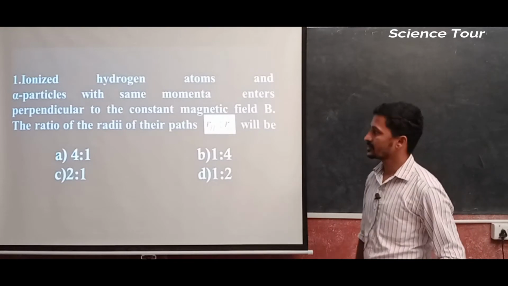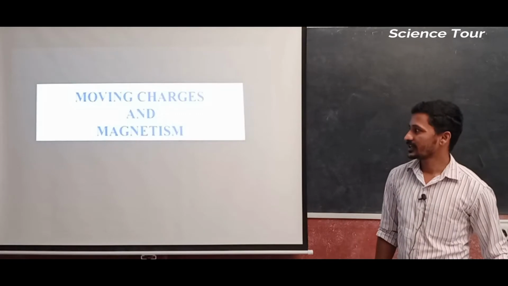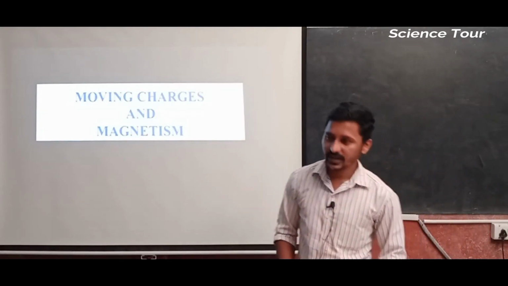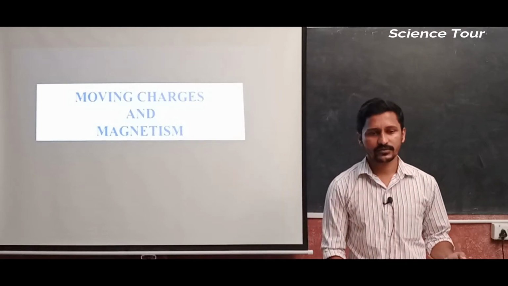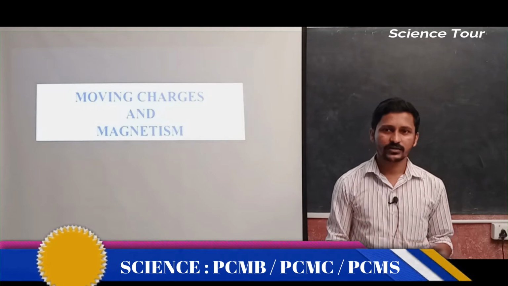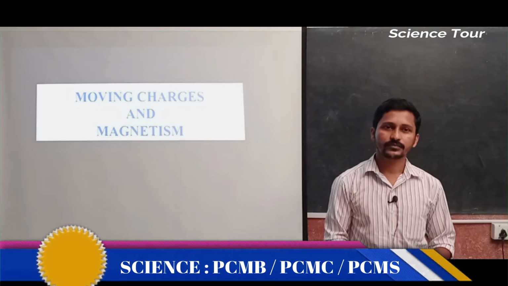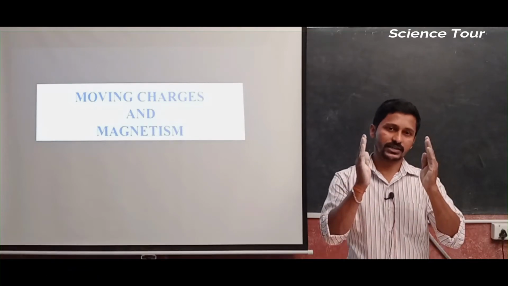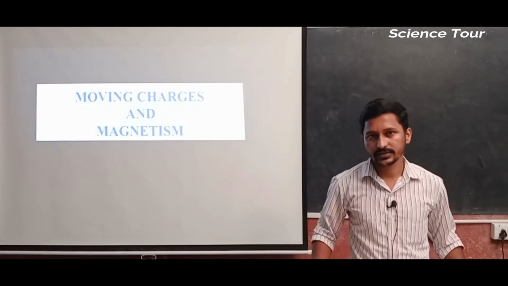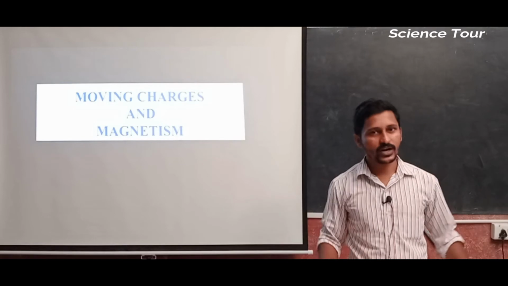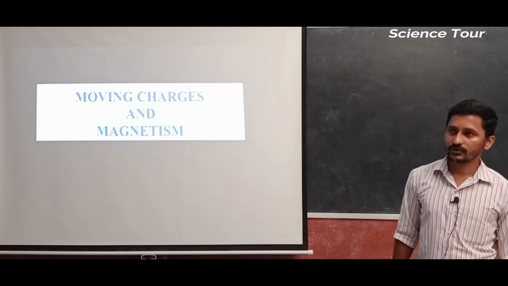Before going to moving charges and magnetism, what we have studied: a charge is moving and there are several effects. A charge moving in a wire, in a circular path, the forces on a wire, Biot-Savart law, Ampere's circuital law, and two currents in the same direction and the force experienced by them. These are all things we have studied, right? So from all those things we are going to talk about the questions, and now the first question.